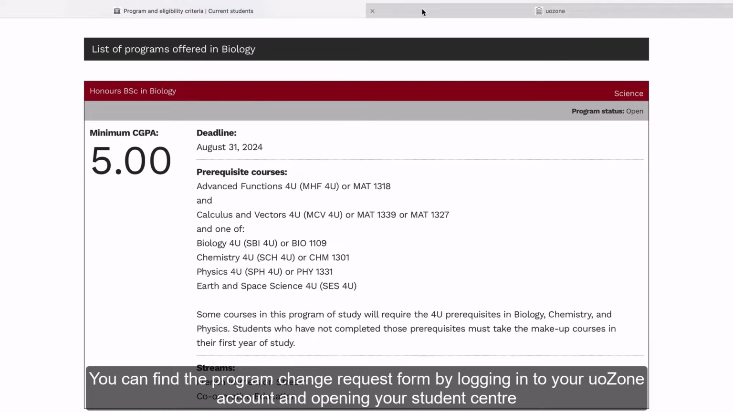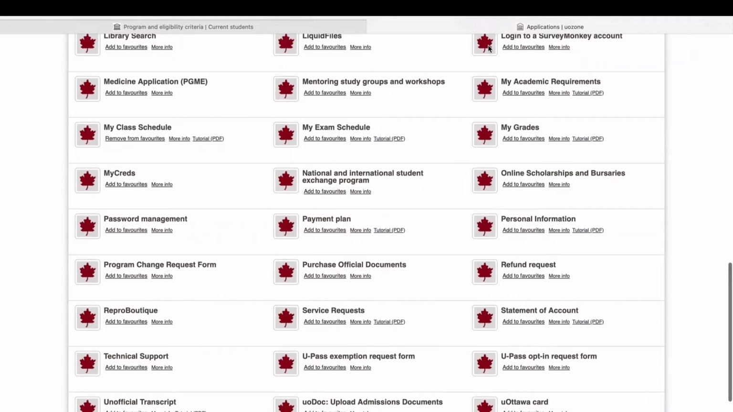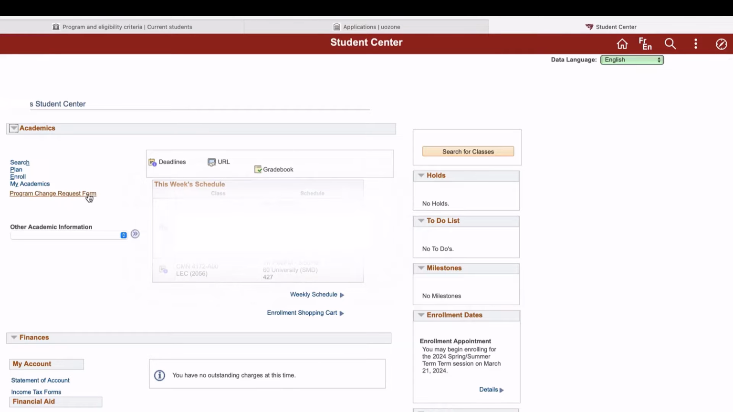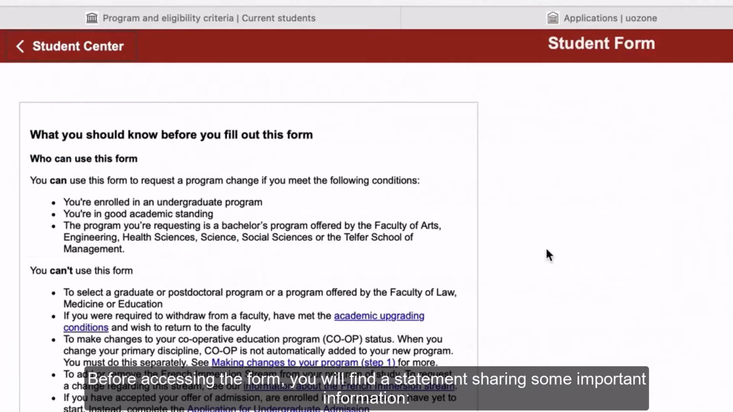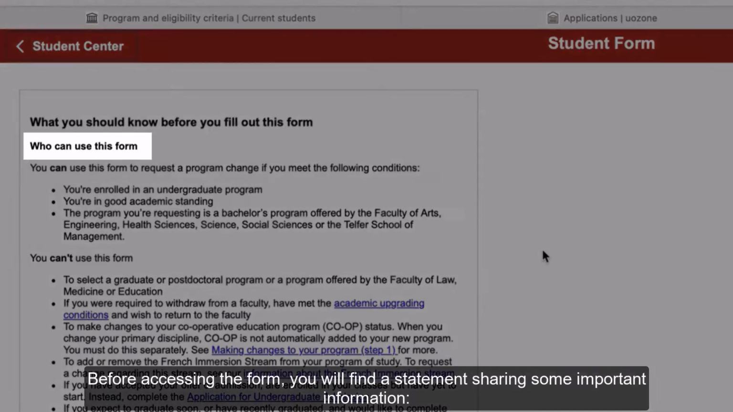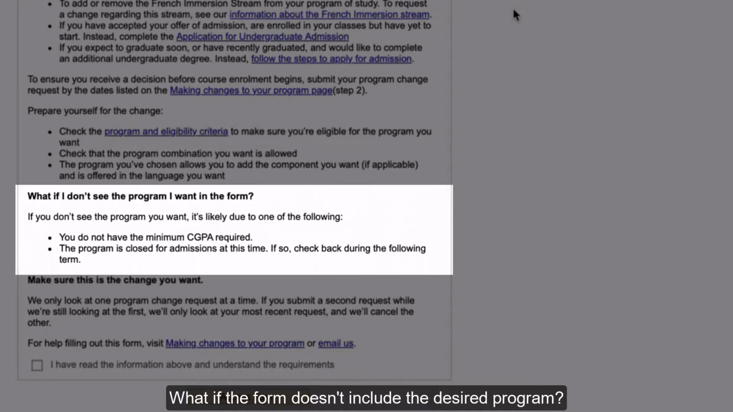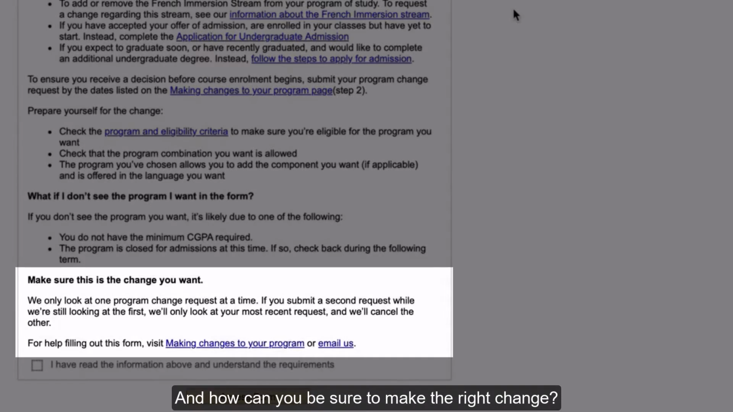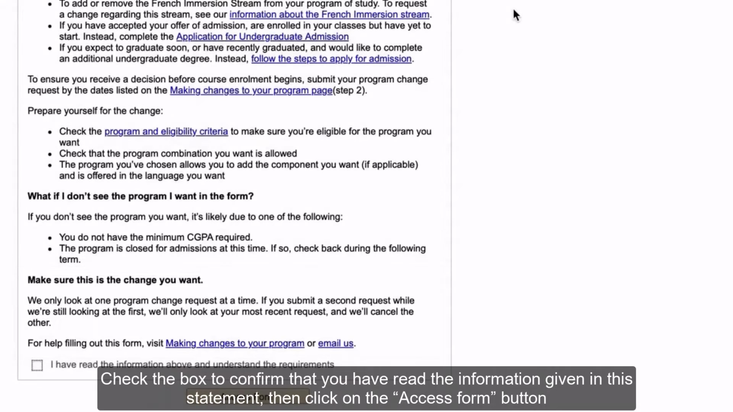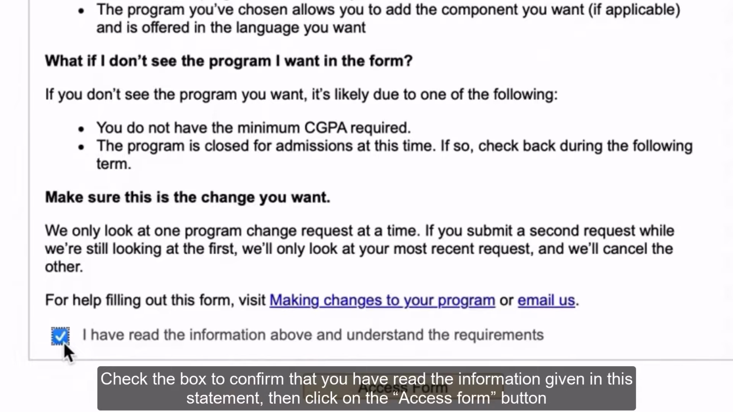You can find the Program Change Request form by logging into your UOZone account and opening your Student Center. Before accessing the form, you will find a statement sharing some important information. Who can use the form? What if the form doesn't include the desired program? And how can you be sure to make the right change? Check the box to confirm that you have read the information given in the statement, then click on the Access